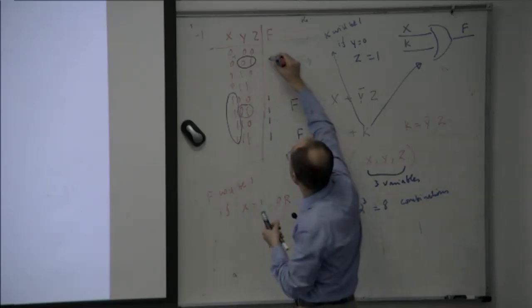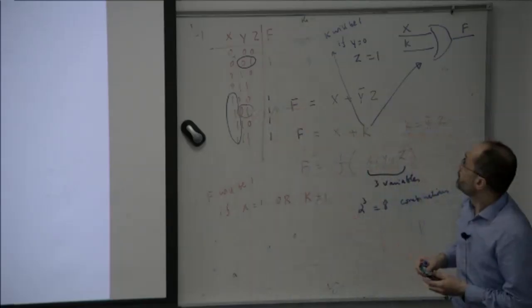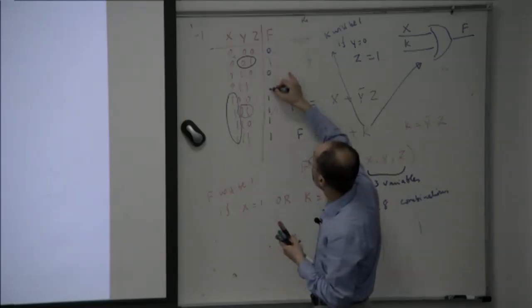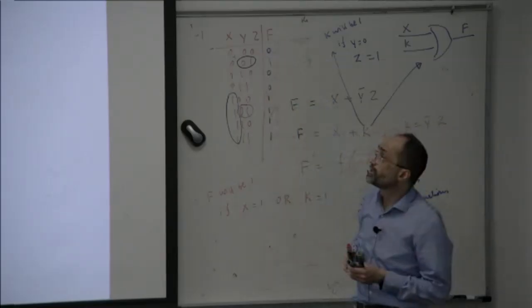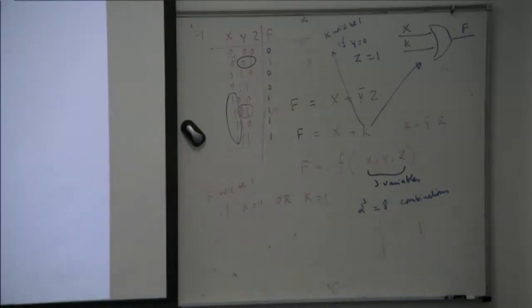Okay, so now in this case f will be 1 here and f will be 1 here, because both are 1. Now there is a 1 here. And for the remaining combinations, what is the output? 0. The output is 0. So now this is a truth table, this is the equation, and now if you look at here, this is